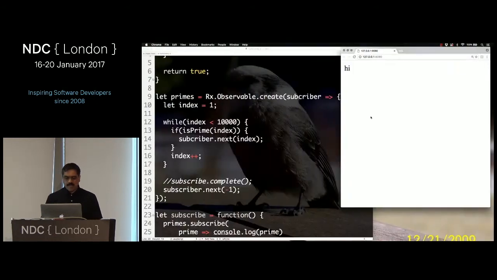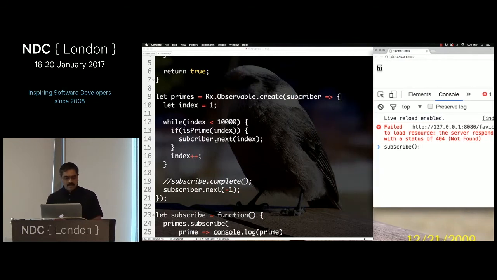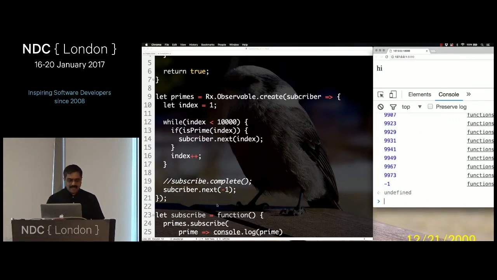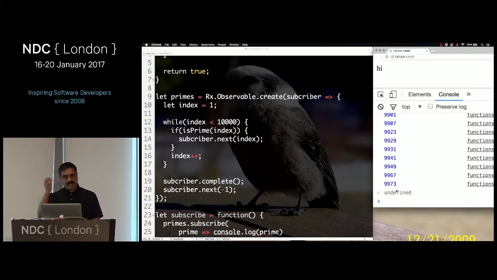So what am I going to do here? Well, clearly, in this case, I want to call the subscribe method. So there we go. And what does subscribe do? Well, in the very end of emitting all this data, we're sending the subscriber next is -1 to pass the data on to the subscriber. So in this case, let me get this correct. There we go. So what I can do, though, is I can send a completed. So let's go ahead and say subscriber.complete. What does that do? Well, it's going to send a completed signal. And as a result, we're not going to get the last -1 being sent